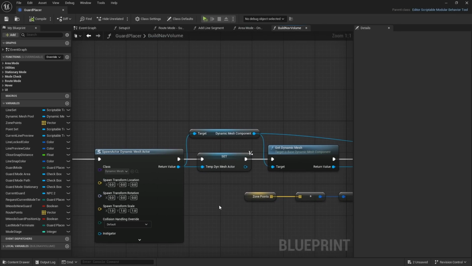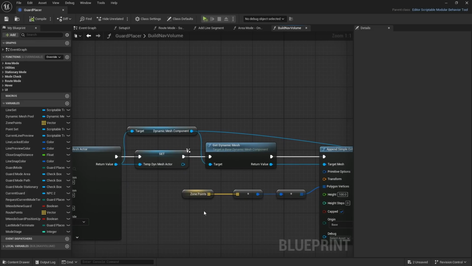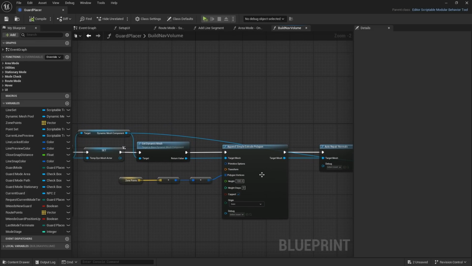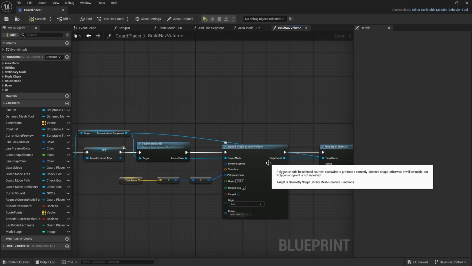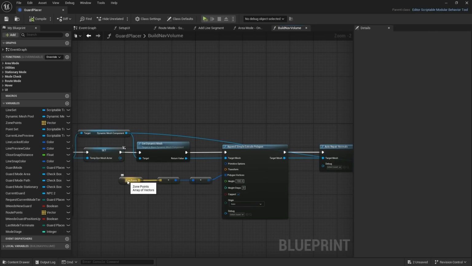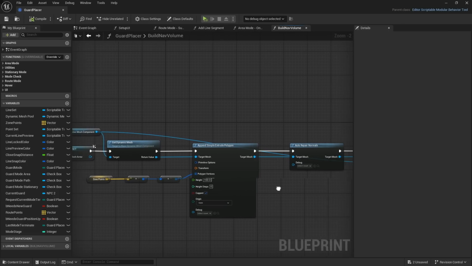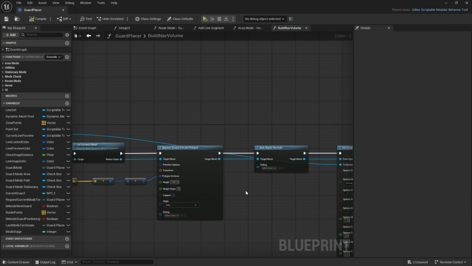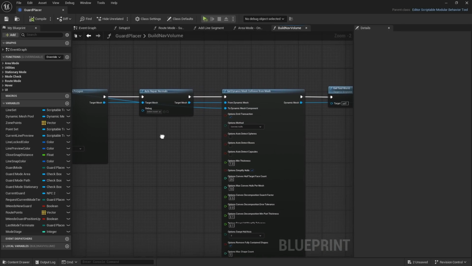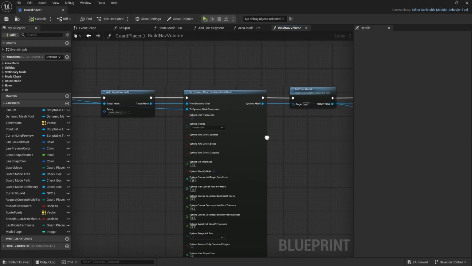So when we're actually doing this, what we want to do is start with a dynamic mesh actor. So this is some geometry script again. And we're going to take that dynamic mesh actor and use an extrude polygon node on that and take all the points that we drew out during the tool's operation and make it into a polygon on the surface. Then we're going to pull it up into a prism